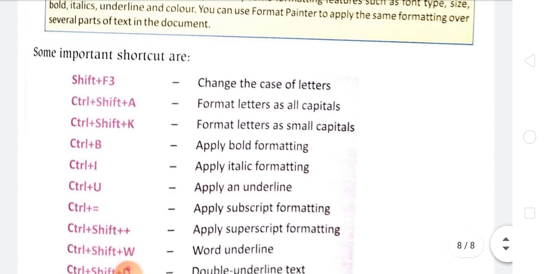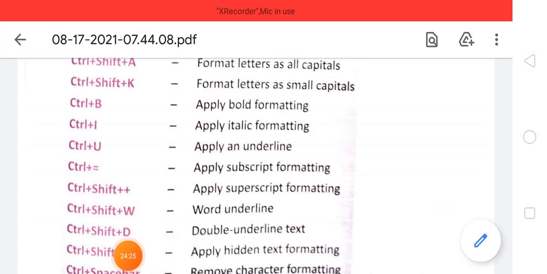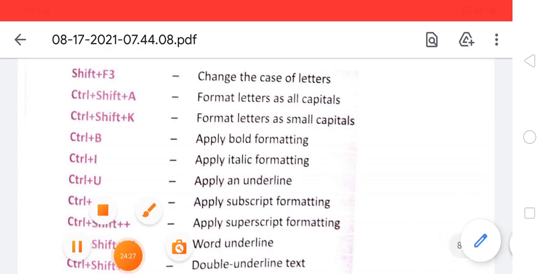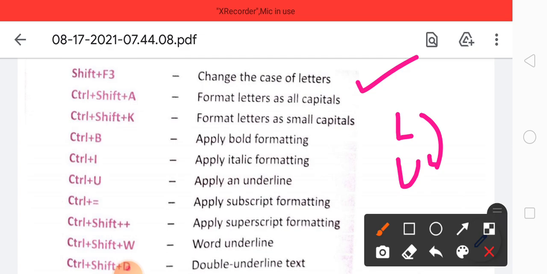There are some important shortcuts. Ctrl plus F3 automatically changes the case of letters. If you are in lowercase, this is automatically changed to uppercase. Ctrl plus Shift plus A formats letters as all capitals. Ctrl plus Shift plus K formats letters as small capitals.